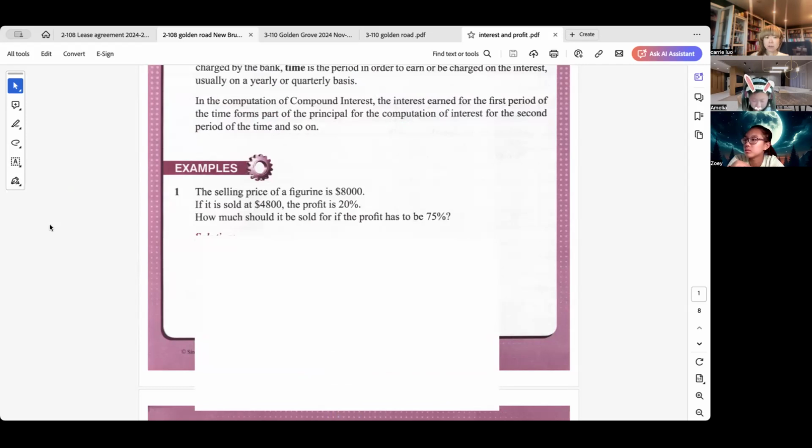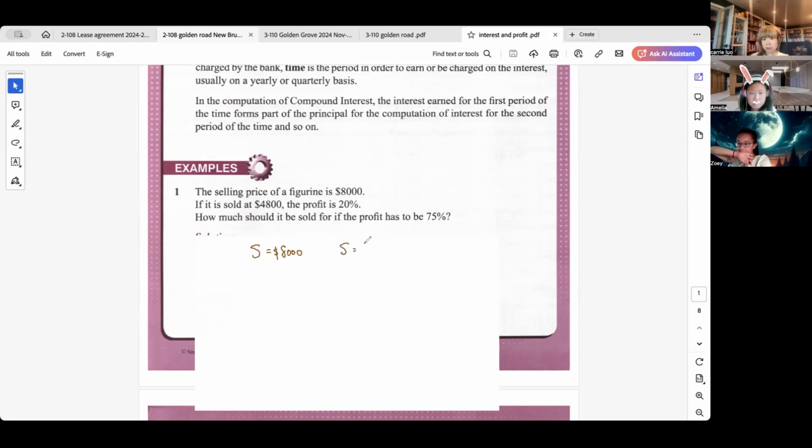Okay, so now let's take a look at this one. Before we do this, I will ask you to do something. Okay, Amelia? S, which stands for selling price, equals 8,000. Okay, Zoe? Doing this can help you get rid of having too many numbers in your brain and forgetting which one is which, right? So the selling price of the figurine is 8,000. If it is sold at 4,800,